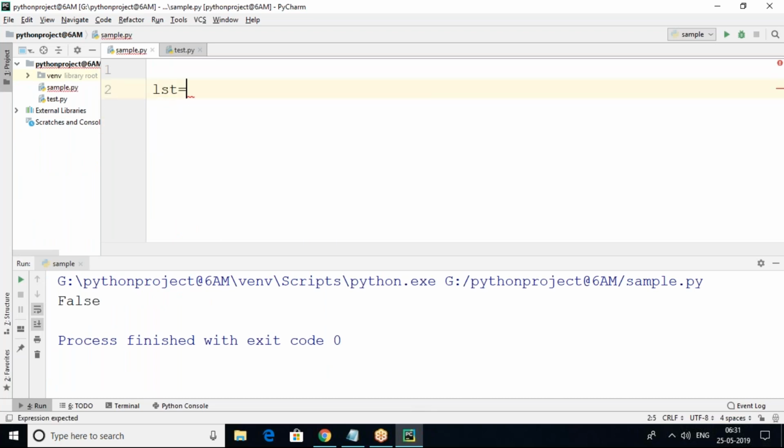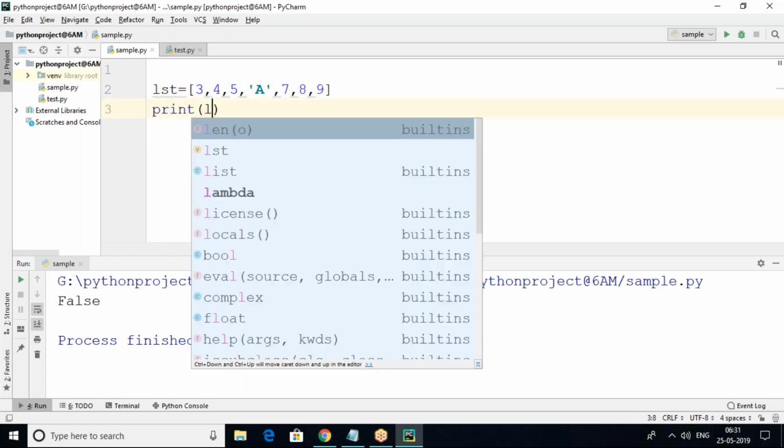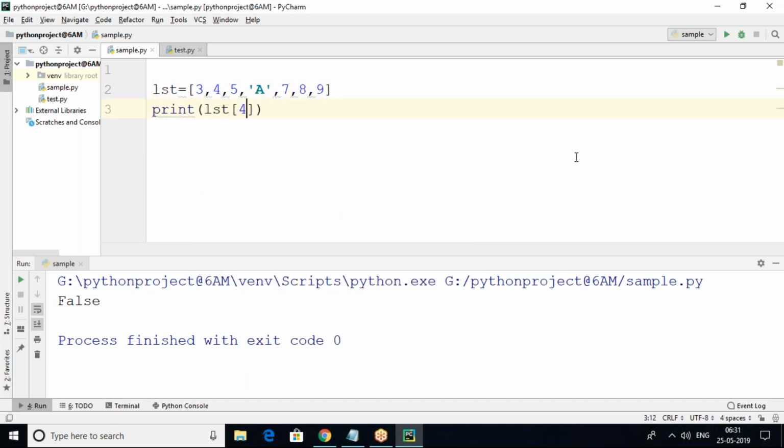LST equals, suppose, 3, 4, 5, 6, 7. Print LST of 4. 4 is an index: 0, 1, 2, 3, 4. 4 is an index, no?